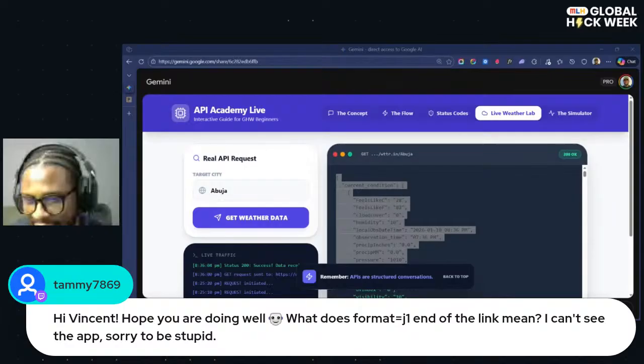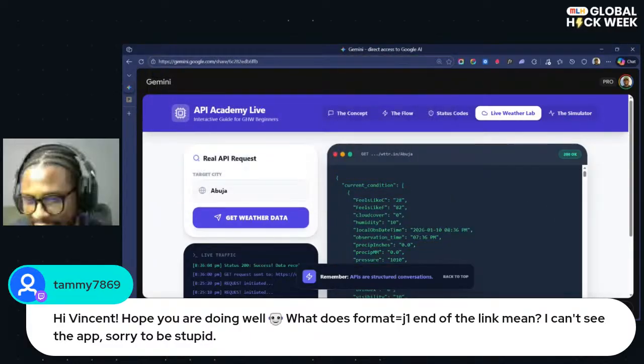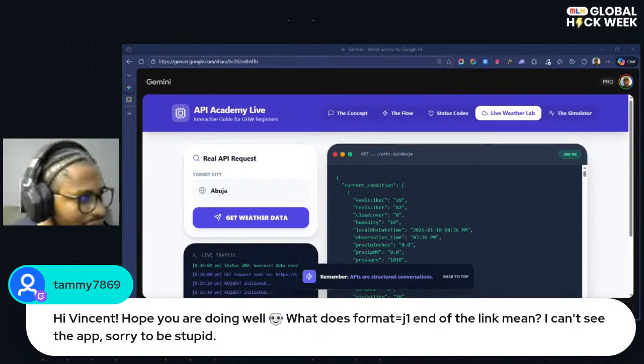What does the format j1 at the end of the link mean? I can't see the app. Okay, I'm just going to send the app again. I will answer that question right away. I'm just going to paste the app you're seeing on my screen right now that we're using.